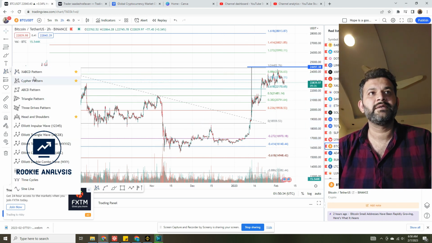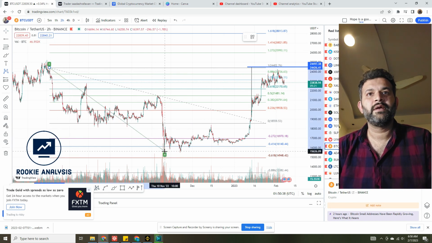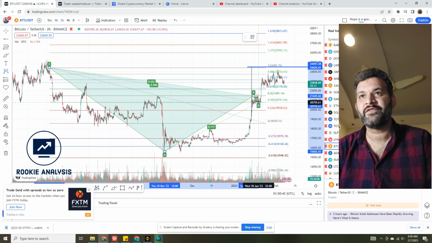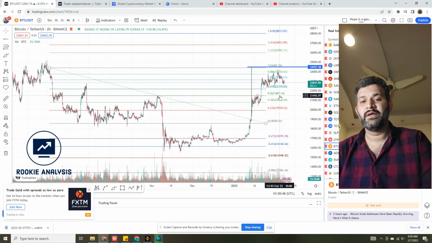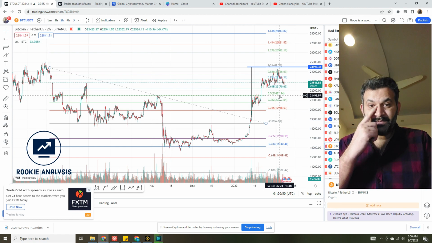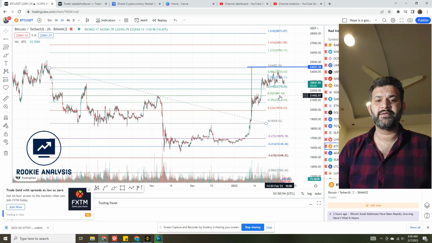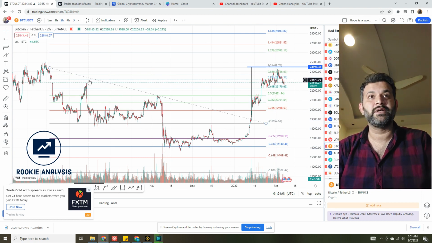One second. This is our pattern. Sorry. X to A leg, A to B, B to C, 0.5 to 0.382, and we saw completion around here. So this was our harmonic pattern that already is completed. Now what we are seeing here is a reversal from 0.86 level, and let's see how it goes from this